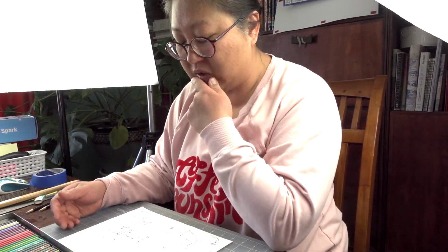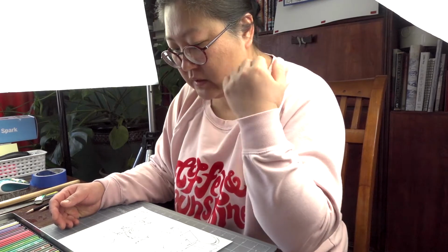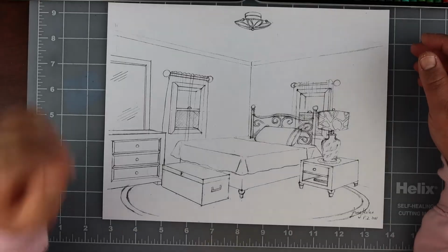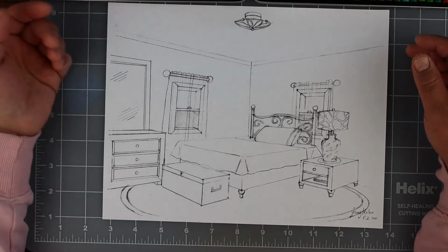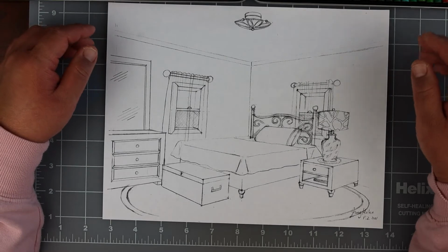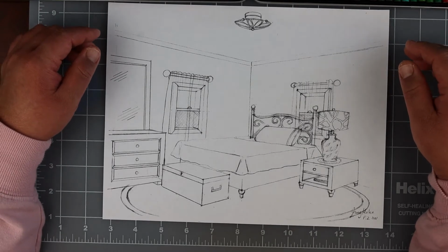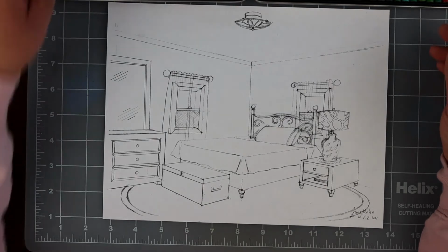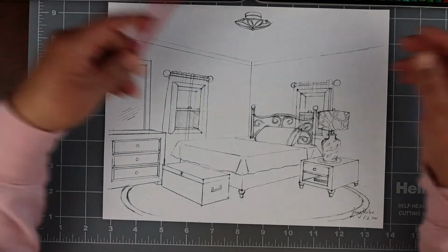So this is what we'll do. We are going to color and shade. We're not just filling in with color, we are shading in color. And the first thing that you need to know about colored pencils is they are different from regular drawing pencils, okay? So you have a pencil